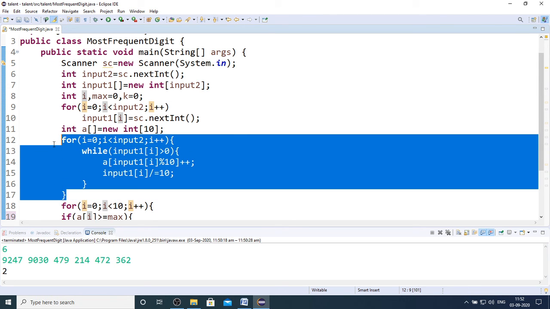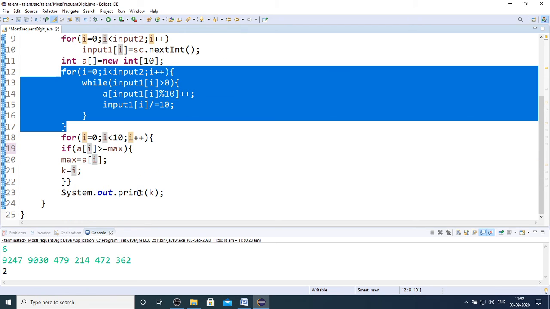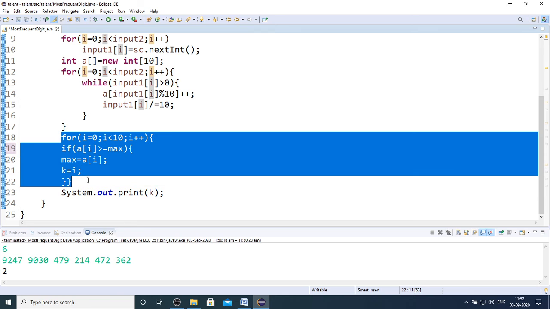And once this block is executed, I have my array containing all digit frequencies. And once you have all digit frequencies, it's a matter of time that you can determine the highest frequent digit. So this block I am using in order to determine the most frequently occurred digit.